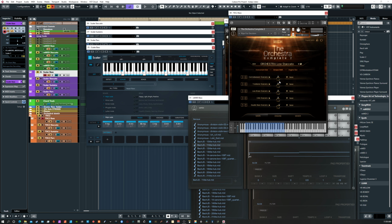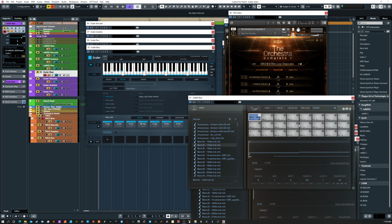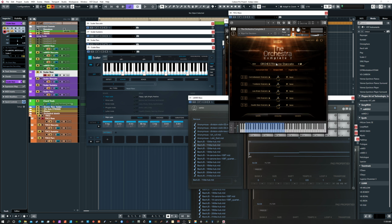I could, in the middle here, if I click and drag, lower that or take that up by transposing that too. So there's multiple ways you can get the keys or the MIDI that's playing here to actually activate your instruments the way you want. And if that wasn't enough control, I'll usually have a scaler on that